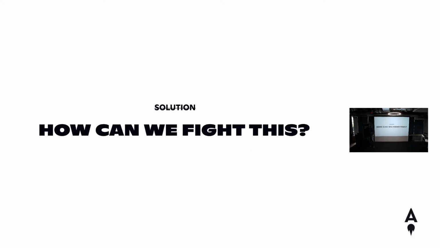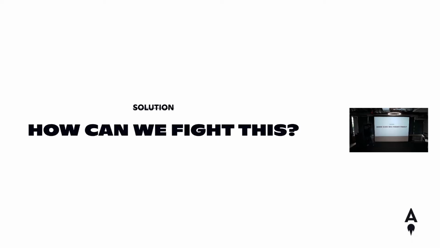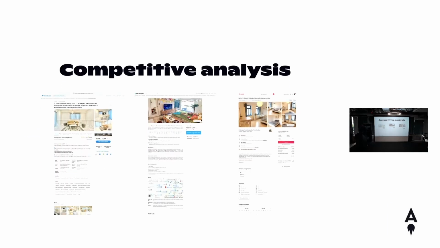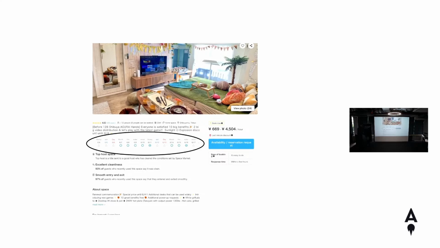Solution? There's no solution to that. But how can we fight this? We've done some competitive analysis. Here on the left, you can see the typical applications for the Japanese market. The interesting part is that they are using a really different approach to make the reservations. Here you can see these weird symbols. These are for the availability on the given day, and that's one of the differences we found, that the